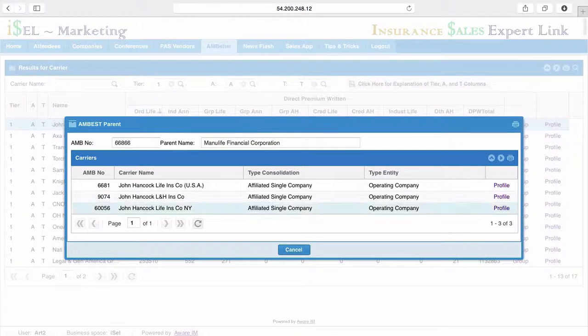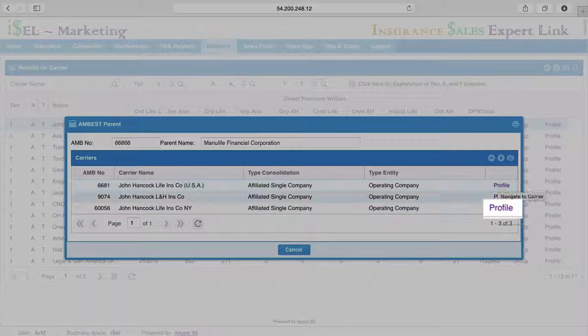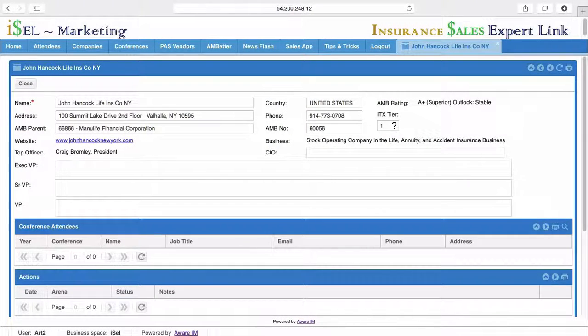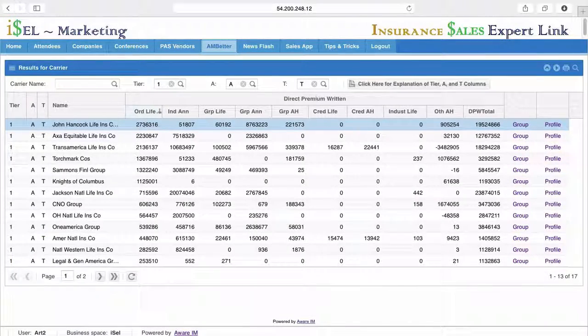The one we just looked at is John Hancock Life Company of the U.S. So we can just look at the New York company by clicking on the profile over here. And it does the same thing as the profile we just looked at. It will show you the profile for that company, basically the same screen.